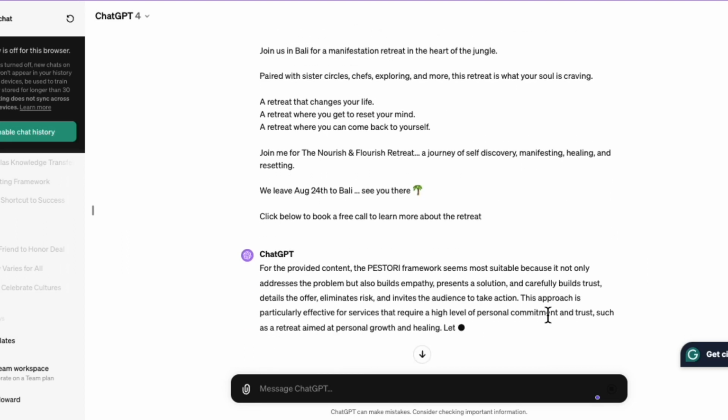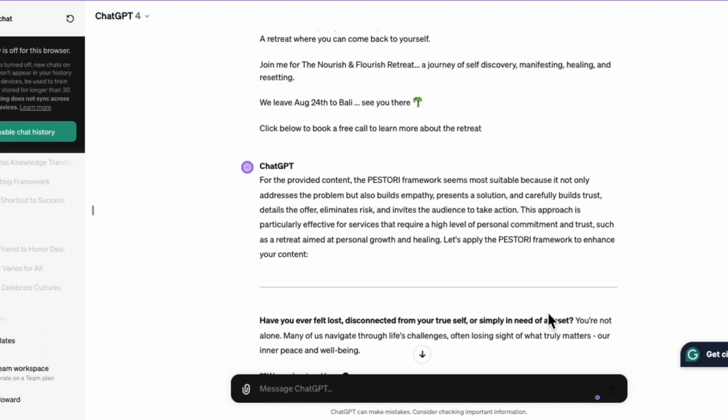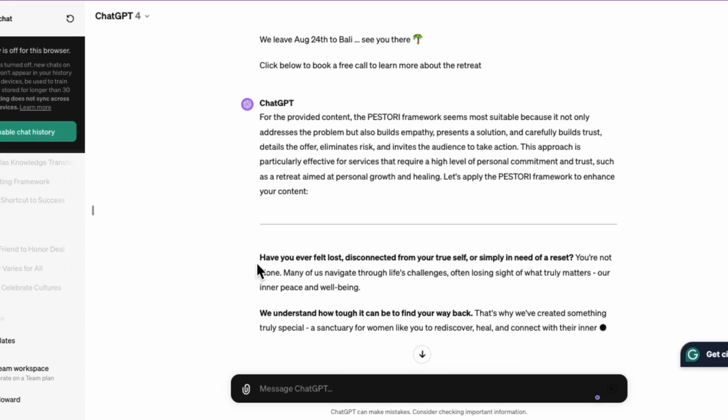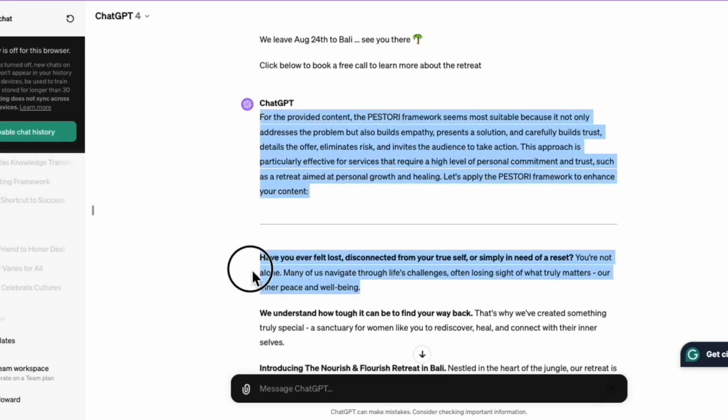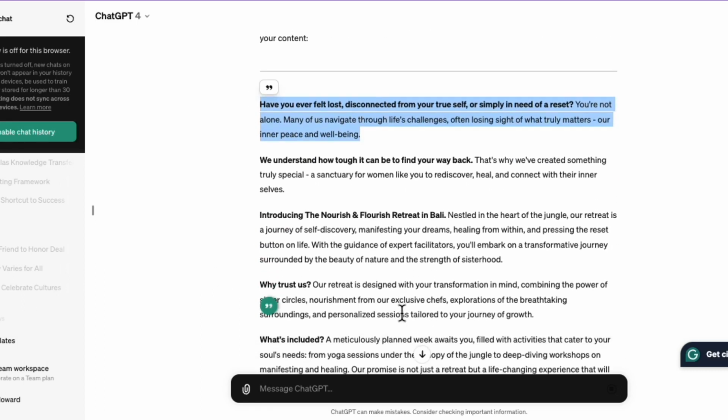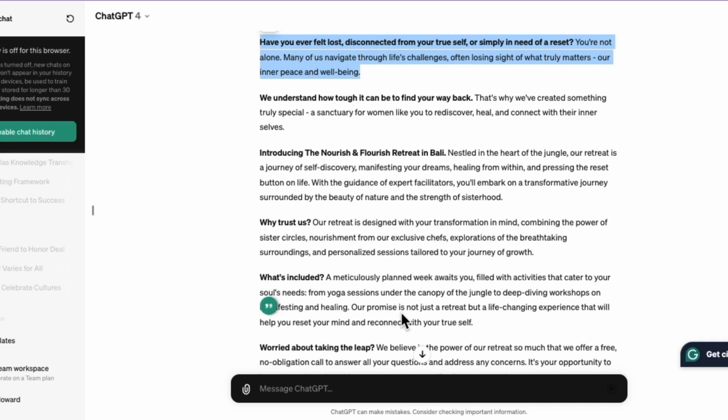All right, so it decided that the story framework is the most suitable. And here you go. So it revised the first paragraph to write in the reader's self-interest. Note that instead of writing in first-person point of view, it's writing in second-person point of view. Have you ever felt lost, disconnected from your true self, or simply in need of a reset? And so on. All right? So that is all you need to do to apply what I taught you today. Write your copy, however you want to write it, and then paste it in and let this prompt do its